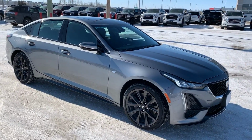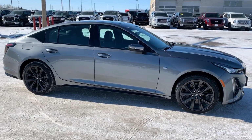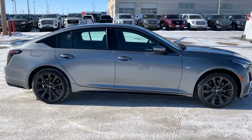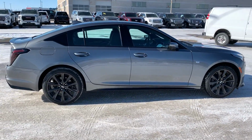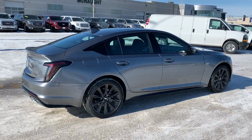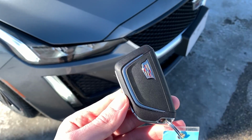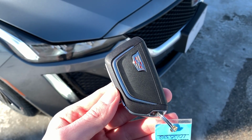Now Cadillac's bringing some serious heat and competition when it comes to competitors such as BMW, Audi, Genesis, or even Lincoln with their MKZ. Now the CT5 falls right between the previous generation of Cadillac, where there was the ATS and the CTS. One thing I'd like to point out before we continue on with this review is the all-new